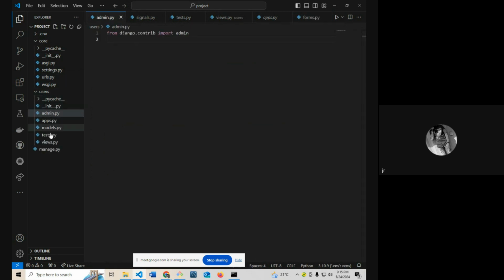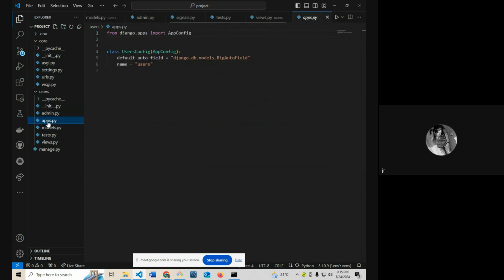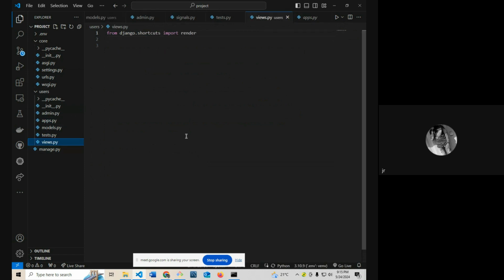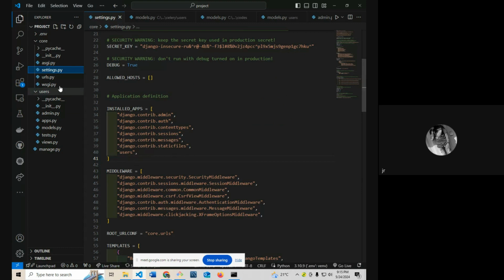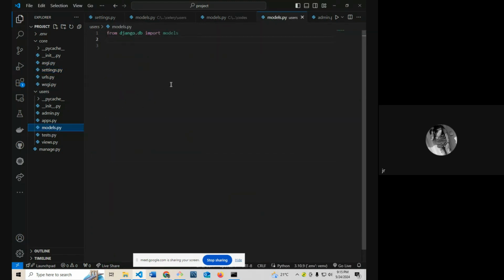So I have a users app. It doesn't have anything. Then I have the main project called core. Inside here, I just activated the users app. So I'll start by creating, so what I'm going to do,